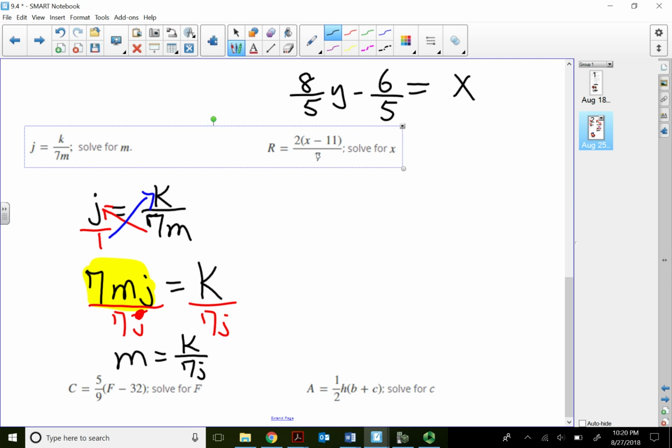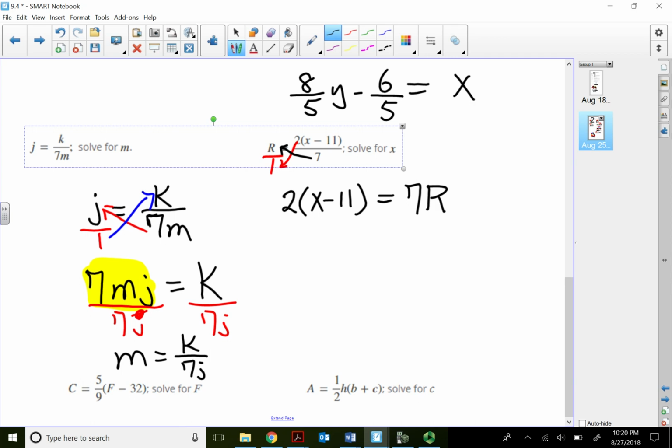All right, now for this problem on the right, let's use the same technique. Now this whole right side is one term. The numerator is also one term where I can do a distribution, which we will do in a minute. Solving for x, see my x is trapped inside the parenthesis, right? So I got to do distributive property to bring it out. So the quickest technique here is using cross product. 2 times x minus 11, multiplied diagonally, that will still be 2 times parenthesis x minus 11, set equal to 7 times r,